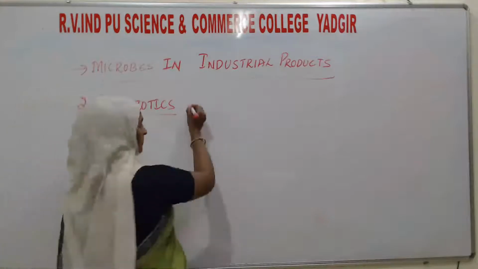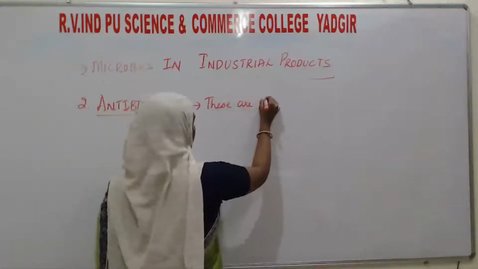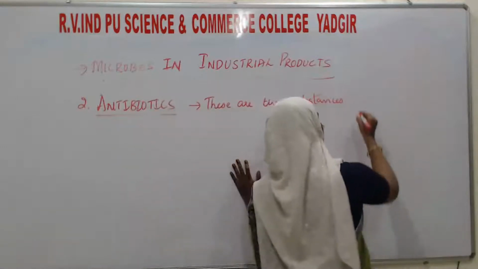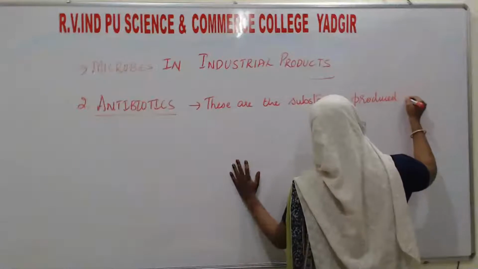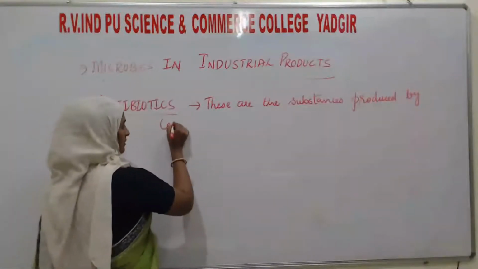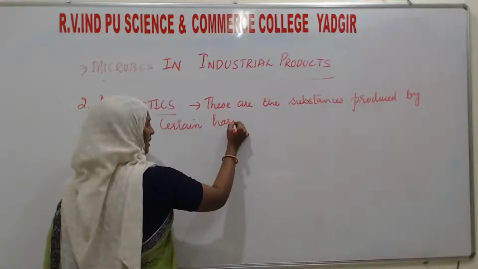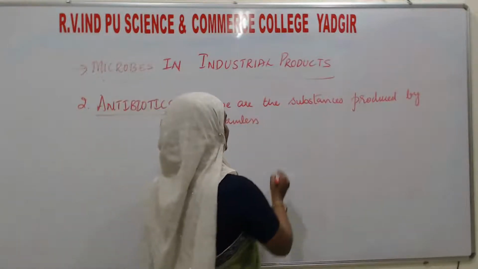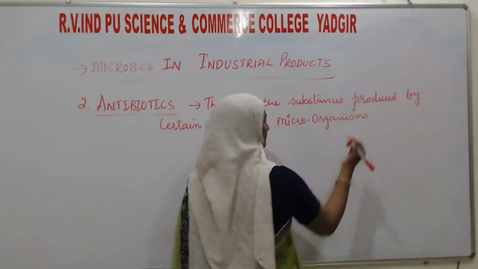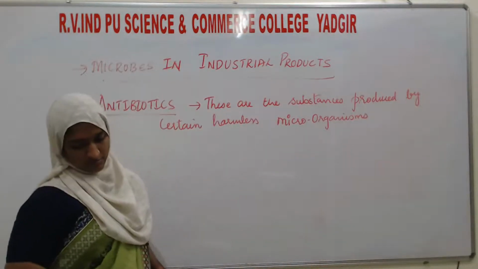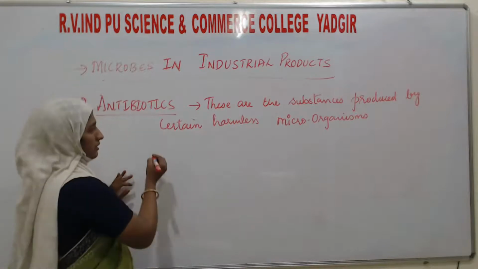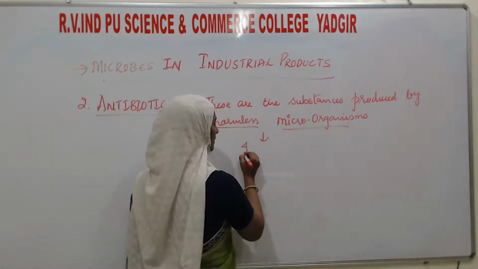These are the substances produced by certain harmless microorganisms. Which is produced by certain harmless microorganisms, which will inhibit the growth of